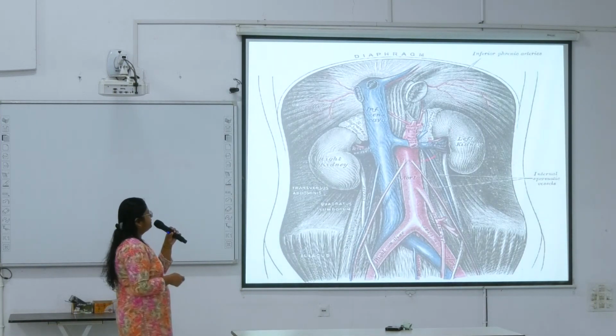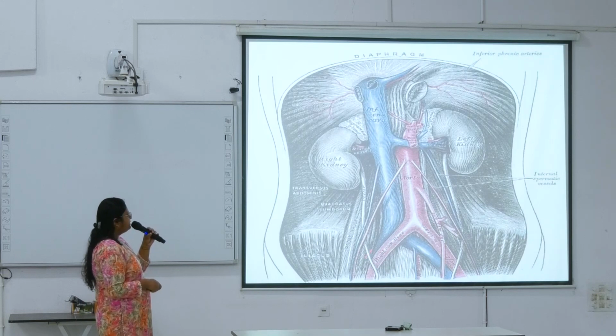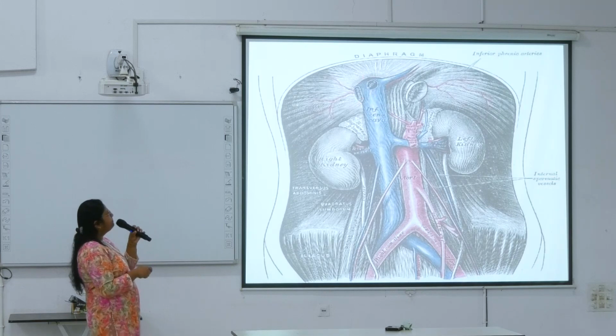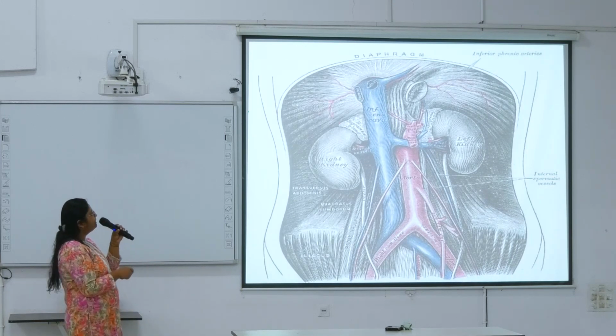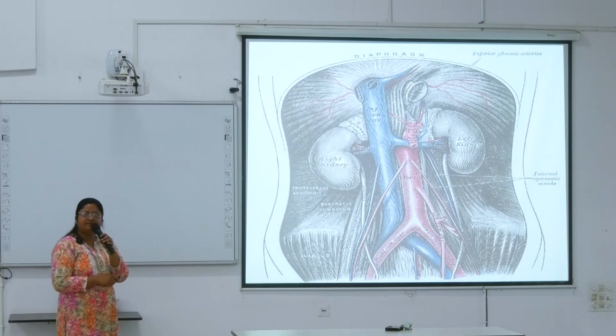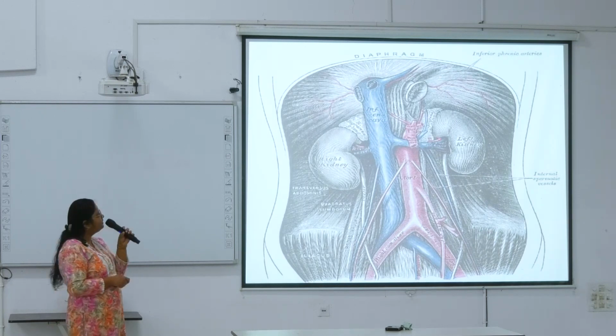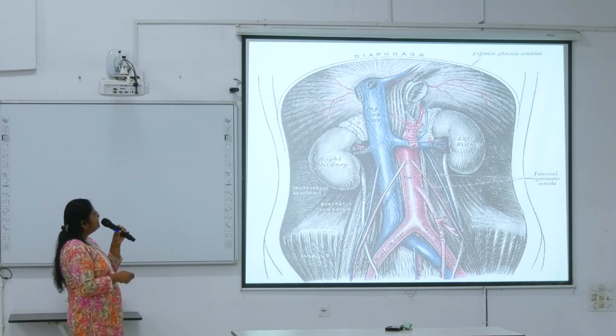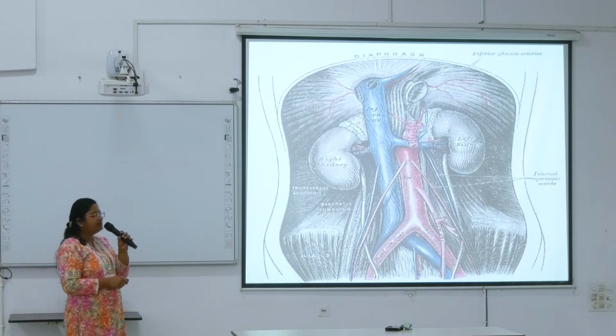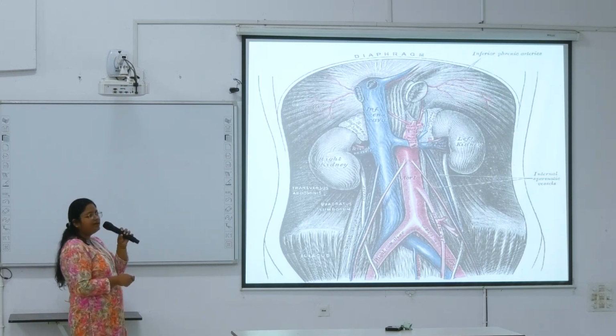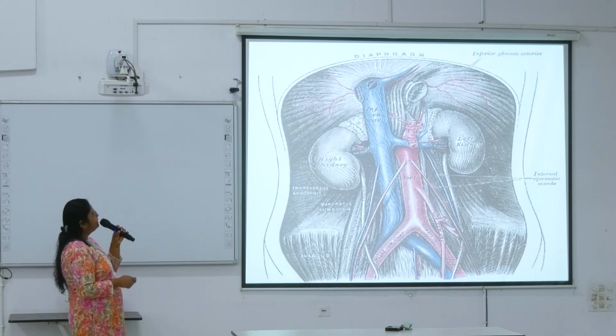here is the aortic opening. These are the two common iliac branches, and here is the formation of the inferior vena cava going upward, passing through the vena cava opening, draining into the right atrium of the heart. And see, some branches have been shown here. The first branch after piercing the aortic opening, these are the inferior phrenic arteries. They are supplying the diaphragm.